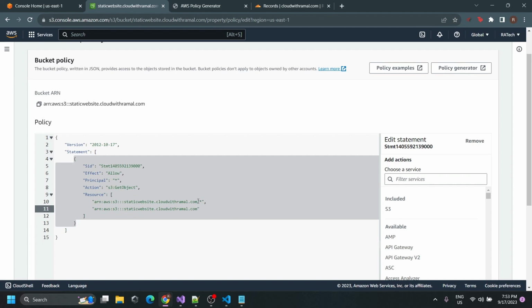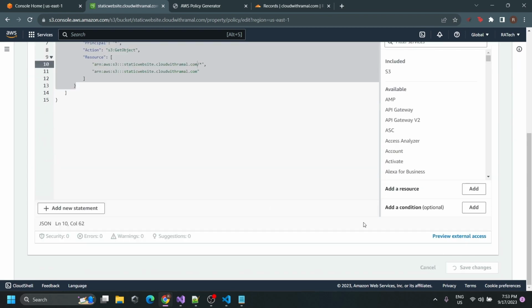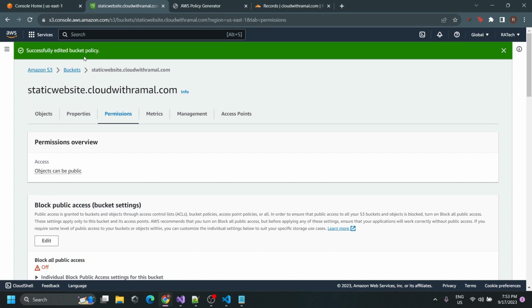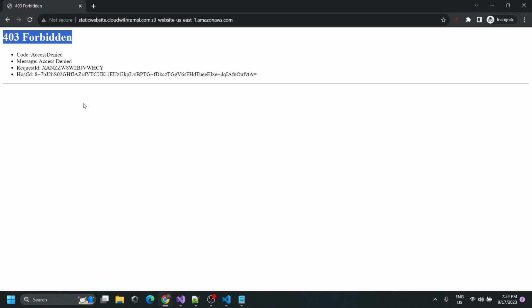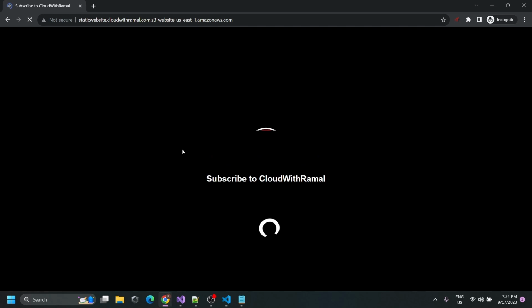What this means is, with the slash it has the star, which means it has access to all contents inside this bucket. And then the second ARN is the bucket ARN itself. And just click on save changes. It will save changes here. So if I just go here again and refresh the page, now I can see my static website loading here, and it's loading currently with this endpoint, but I need this to be loaded when I try to